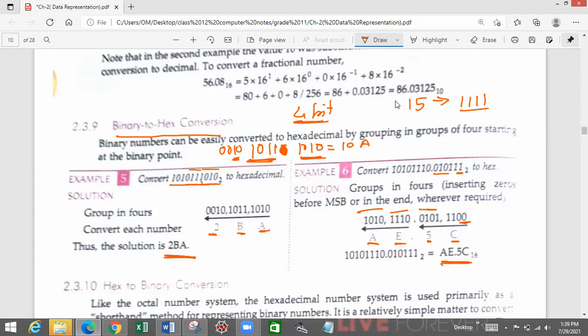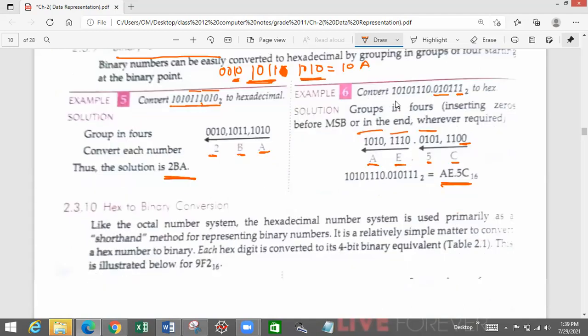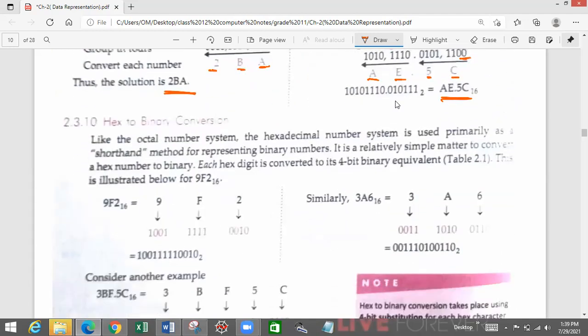Now if you want to convert a hexadecimal number to binary, this is my hexadecimal number and I want to convert it into binary. Simply write the binary number for each digit in 4 bits. So in 4 bits, 2 is written as 0010. In 4 bits, F is 1111 and 9 is 1001. And we can combine all of them and write them as a binary number.